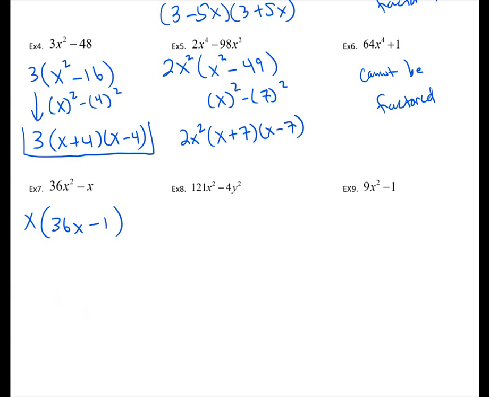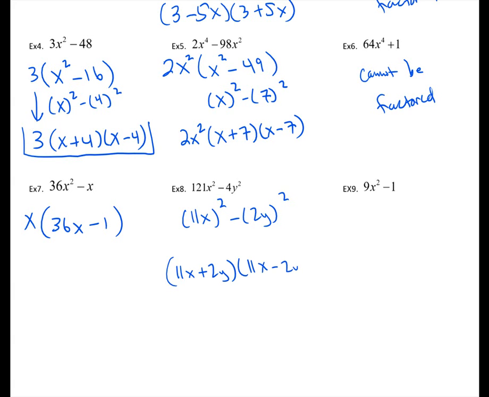Over here, let's look for a GCF. I don't think there is one. No GCF. But it looks like it's a difference of squares. Can we get it to fit our pattern? So we get 11x squared, that'll give me the 121x squared. 2y, that'll give me 4y squared. So yep, it works, and my factors will be 11x plus 2y,